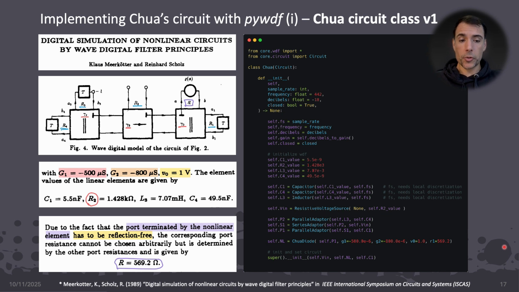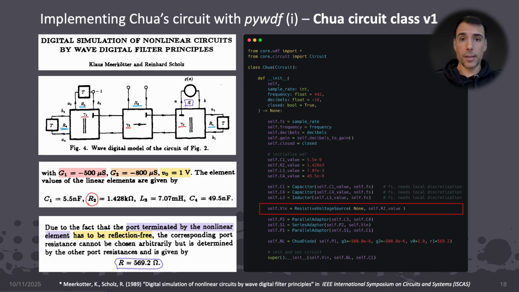First, we establish the connection tree here on the bottom with the Chua diode at the root of the tree. We will look at the Chua diode implementation in a minute. We parameterize the Chua diode with the suggested values, and we pass it a parallel adapter as a child reference. The parallel adapter, in turn, connects capacitor 1 and series adapter as child references. In the model, the series adapter connects parallel adapter 2 and resistor 2. Now, this is a decision that required some exploration.